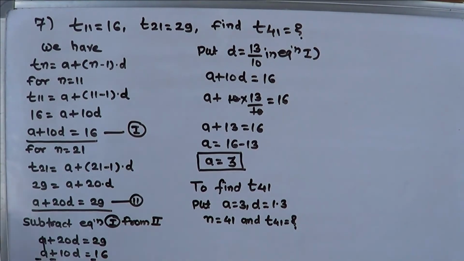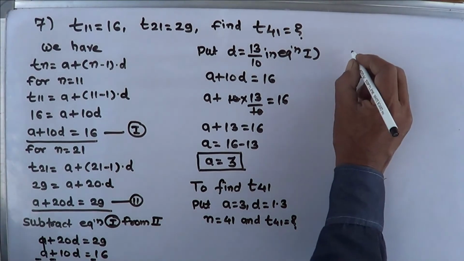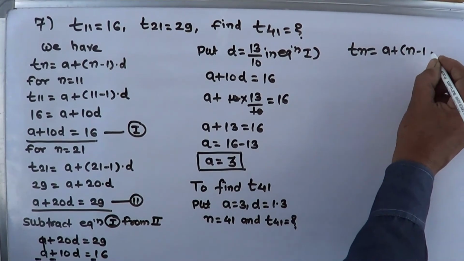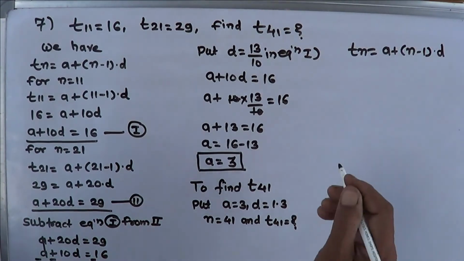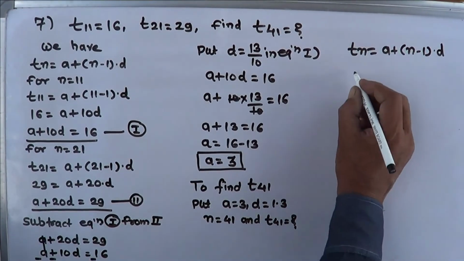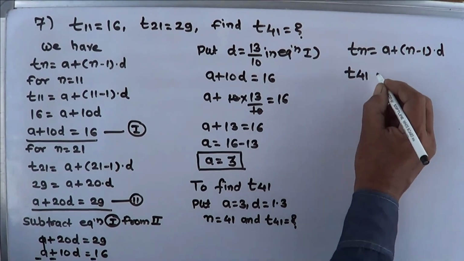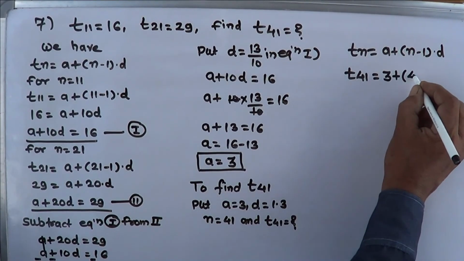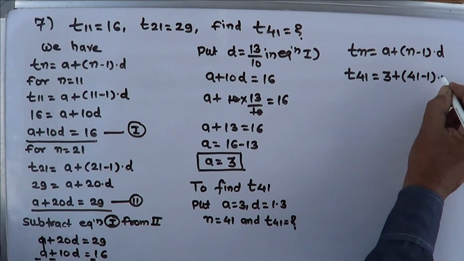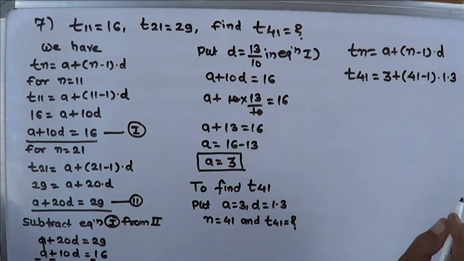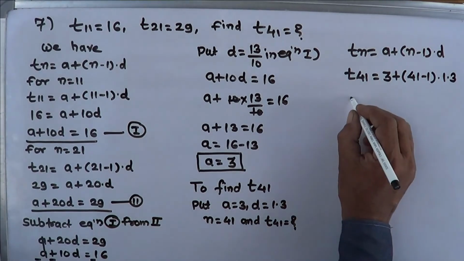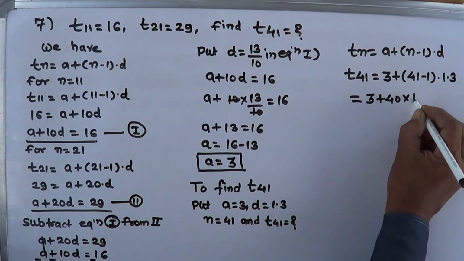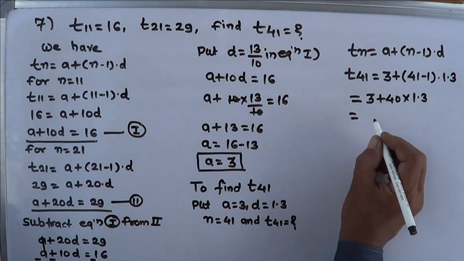So write again the equation. Tn equal to a plus n minus 1 into d. Tn, that is T41, will be equal to the value of a is 3 plus 41 minus 1 into the value of d, that is 1.3. So this will be equal to 3 plus 40 into 1.3, and this is equal to